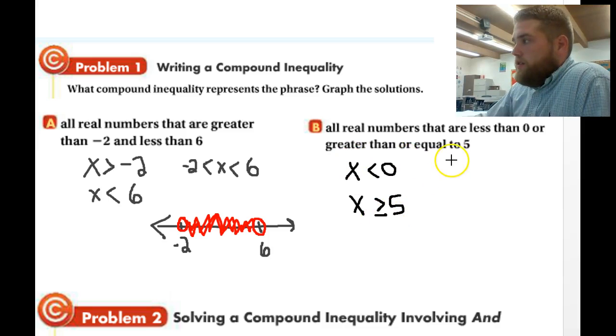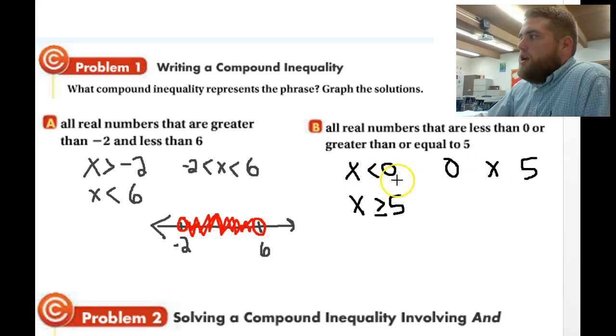We have 0, x, and 5, so 0 is the smallest, 5 is the biggest, and x goes in the middle, okay? Now we just read our signs, okay? So it's opening towards 0, so we want to open towards 0 again, okay? So x is less than 0, 0 is greater than x, same thing. And then we still have x is greater than or equal to 5, okay? So now we make our graph,